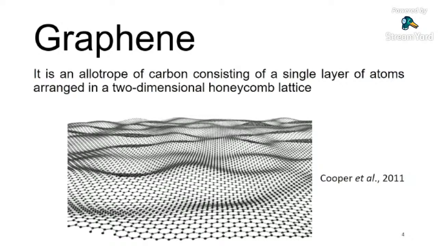What is graphene? Well, it is an allotrope of carbon consisting of a single layer of atoms arranged in a two-dimensional honeycomb lattice. This material was discovered by Andre Geim and Novoselov in 2004. It has revolutionized the vision of materials, and this is important because graphene has shown some outstanding properties like heat transfer, energy, and hardness properties. And this is the first two-dimensional material, which has opened a new world of nanotechnology.